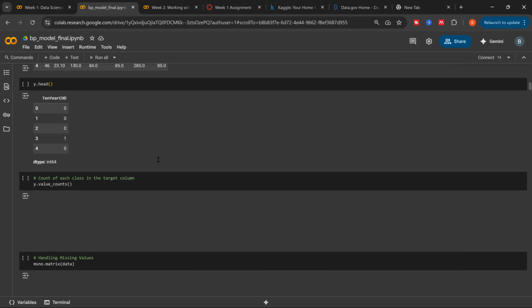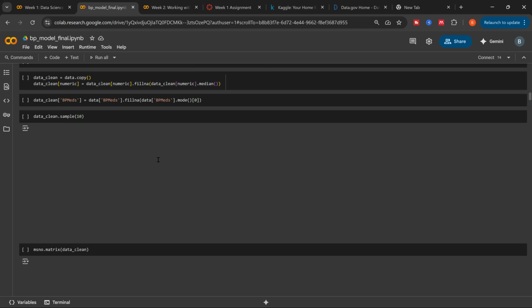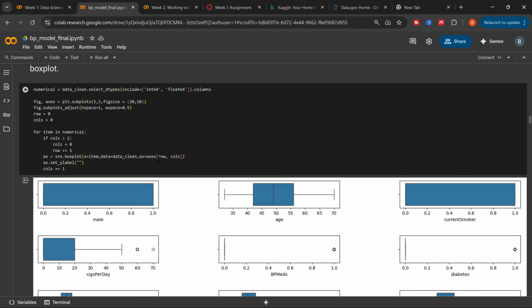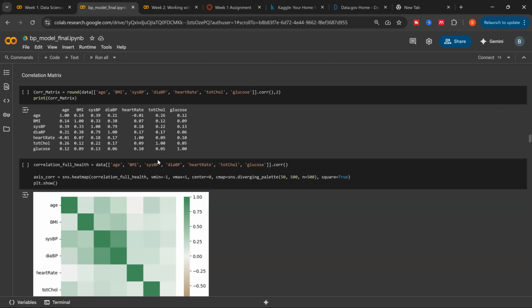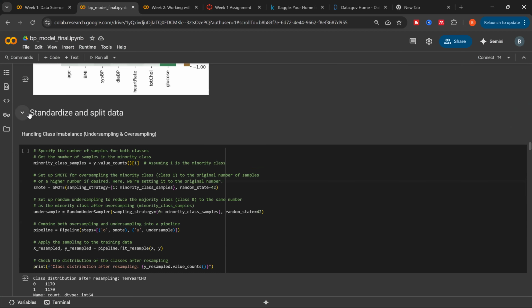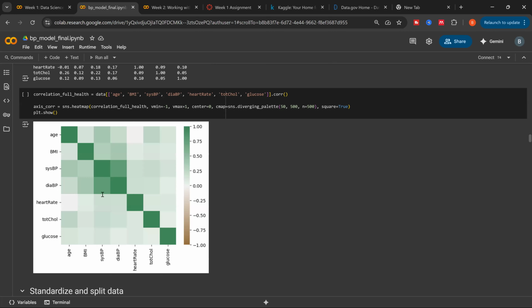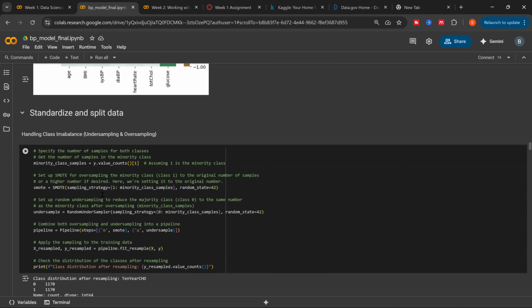So in this, I hope you can see my screen. Yes, we can see. Yes. So both standardize and split data. So over here, before the standardization, basically what I'm doing here is